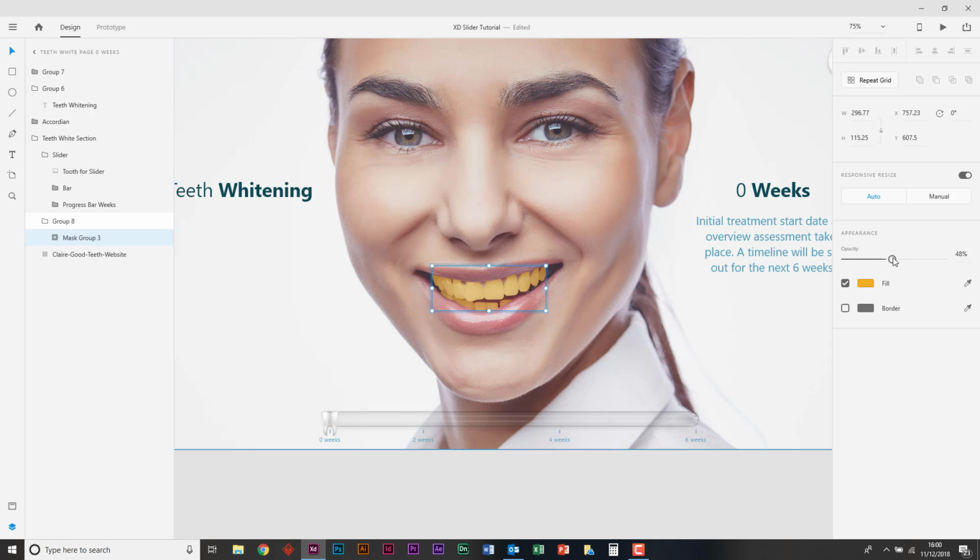So it would probably work really well if it was on like 64 or 50 and had a multiply option on there, or even an overlay. But XD just simply doesn't have that. So it's trial and error really, and it's all about working with just what you've got in opacity at this stage. So we've got ours set at 20%, and then we've grouped that layer there, and then